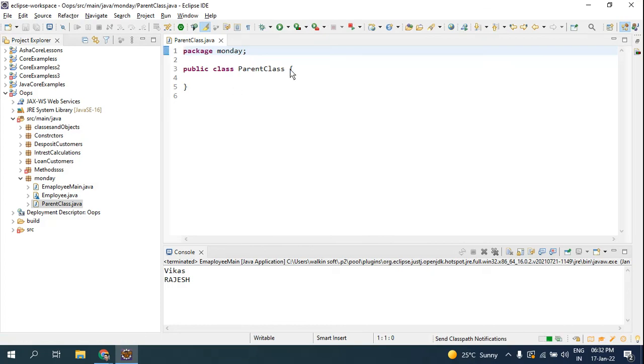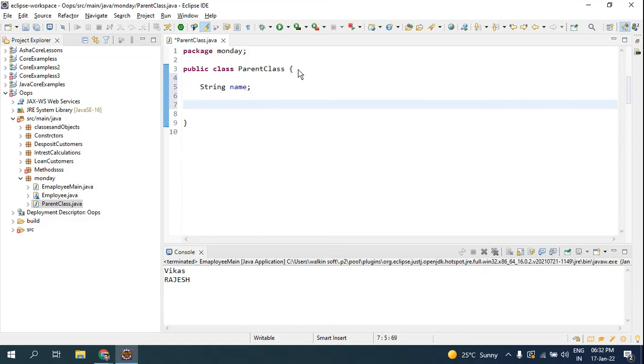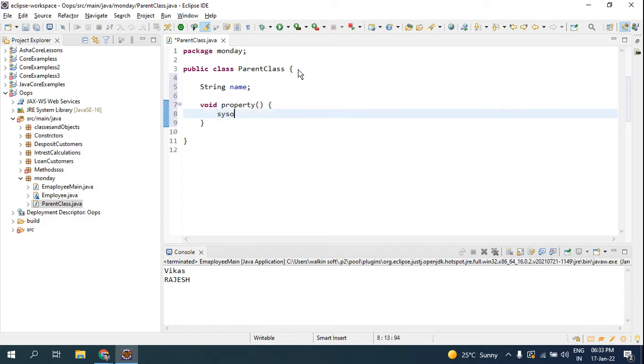So this is the parent class, and inside this class I'm going to use the attribute I mentioned before, String name, and a method void property, and I'm going to write the logic here, sysout.